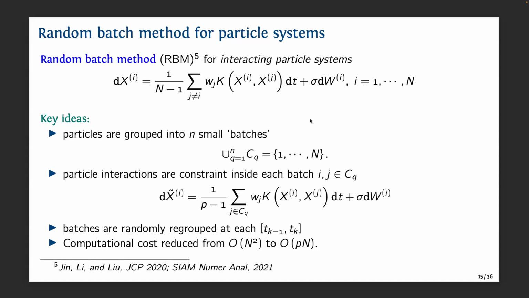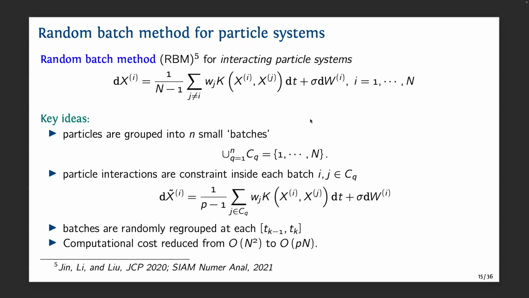So Xi is the particles, and they are interacting with this kernel interaction and the white noise. And the n is again a large number, so it's very expensive to compute directly. But the idea in their method is, instead of computing this summation of the large number, the Xi for each sample could be fast mixing or have a rapid autocorrelation time. Then we could decompose the samples into small groups or small batches.